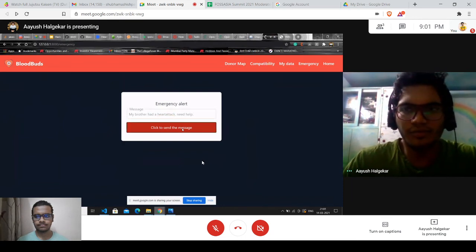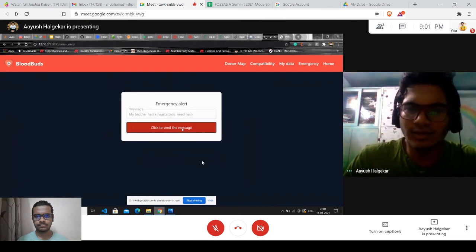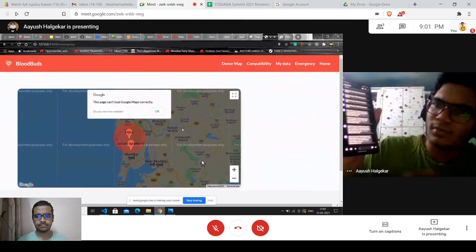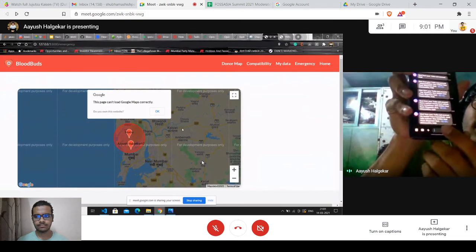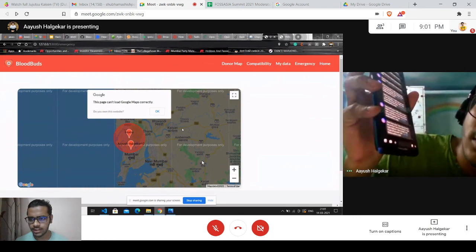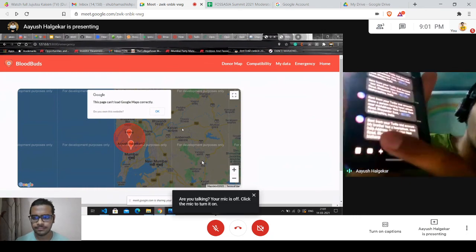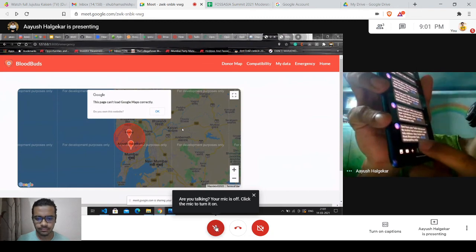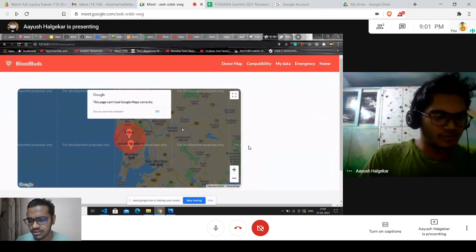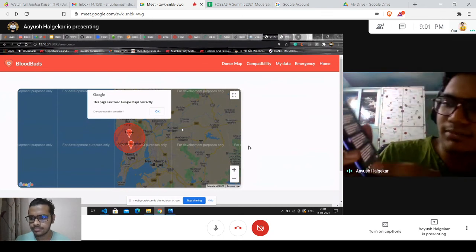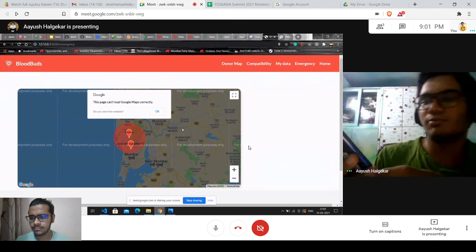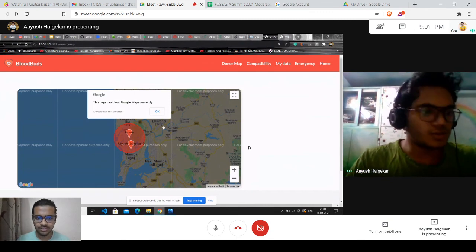Let's say for example, I've just clicked on send, and can you see this message? This is the one that I've just received. It says the exact message and the address of my live location right now from where I had sent the message. Can you read the message for us, Ayush? So the message says my brother had a heart attack, need help. Address is New Golden East Road, Bhayandar East, Mumbai, Maharashtra.